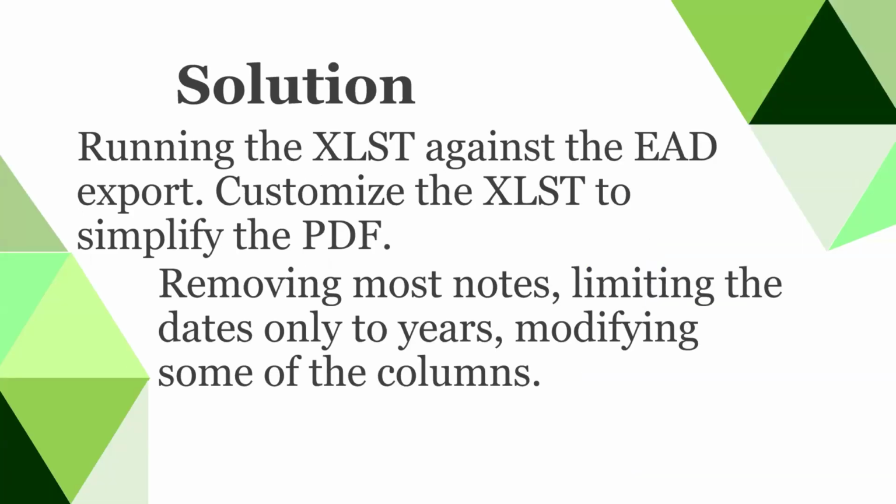we ran a modified XSLT against the EAD export. This also made things a little bit quicker, as the EAD export tends to be a little bit quicker than running the PDF. And it also allowed us to simplify it a lot by removing most of the notes, limiting the dates to only the year or the year range, and just modifying some columns so that it was much more simplified. And we did also add the note on the